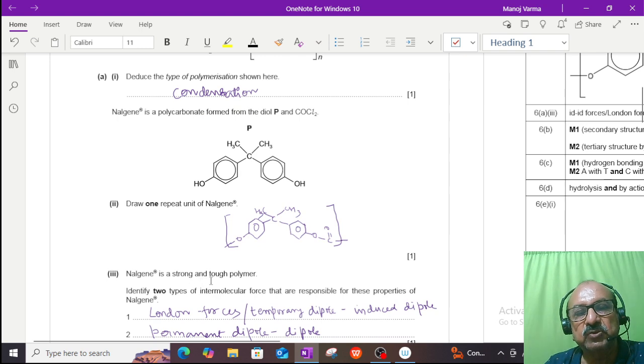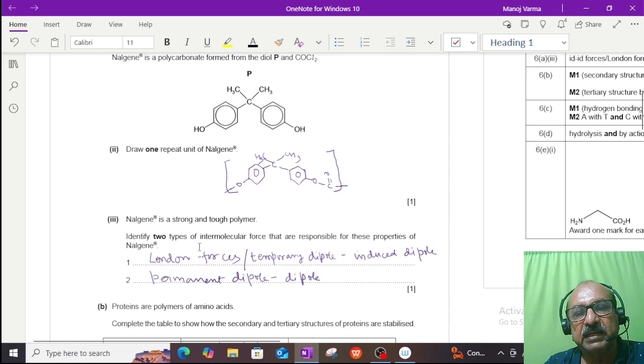So Nalgene is a strong and tough polymer. Identify two types of intermolecular forces that are responsible for these properties of Nalgene. So what are the forces which will be present in the polymer? Obviously London forces, or the temporary dipole induced dipole forces, are always present in all kinds of molecules. So this intermolecular force will anyway be present in the polymer, and the other force, intermolecular force, that will be